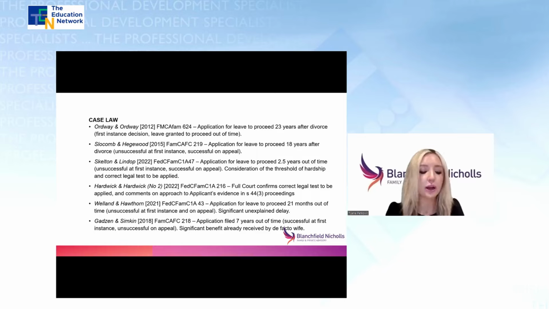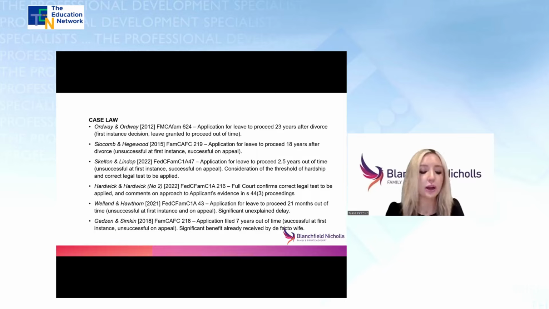The husband asked that the full court re-exercise the discretion in relation to the de facto wife's application and dismiss it, rather than sending the matter back to a different trial judge for rehearing. That is ultimately what the full court ended up doing. And in refusing to grant the de facto wife's leave, the full court found that it was unable to see how her potential claim in property settlement proceedings could conceivably approach, let alone exceed, that which she holds, together with that which she has already received from the de facto husband.